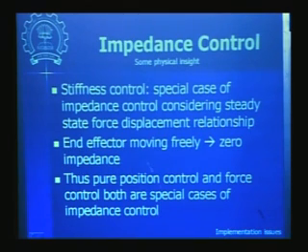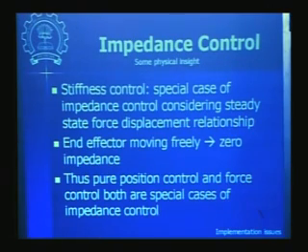So let us see some physical insight. Stiffness control, as I said earlier, can be considered as a special case of the impedance control. You see that this special case is when x double dot and x dot are 0, as in the previous equation we have seen. That means that it is a steady state kind of analysis. So if we consider only steady state force, no dynamic forces in the impedance control, it will become similar to stiffness control.